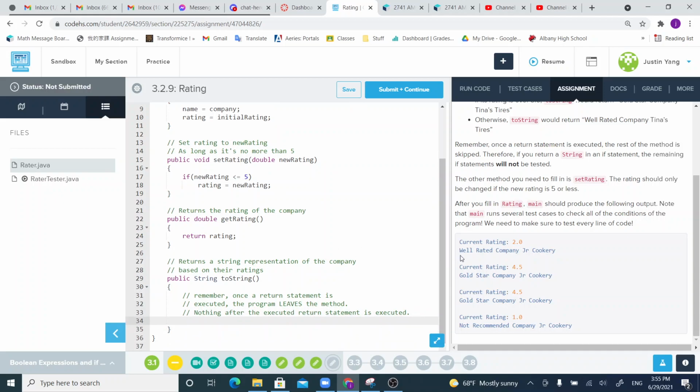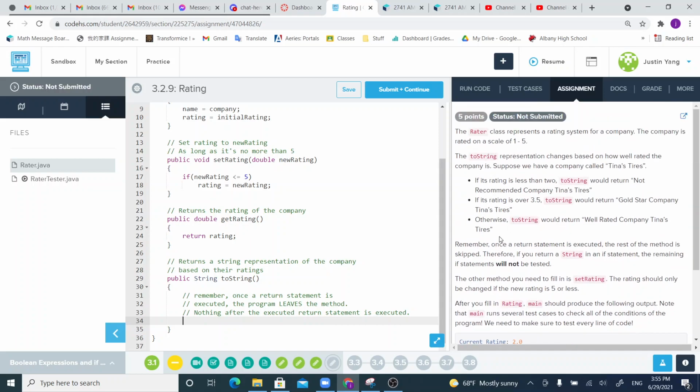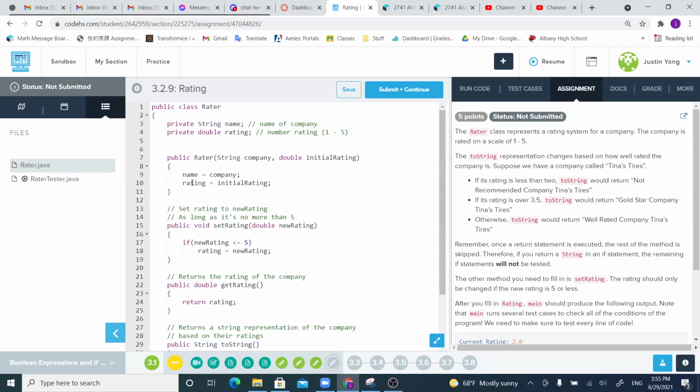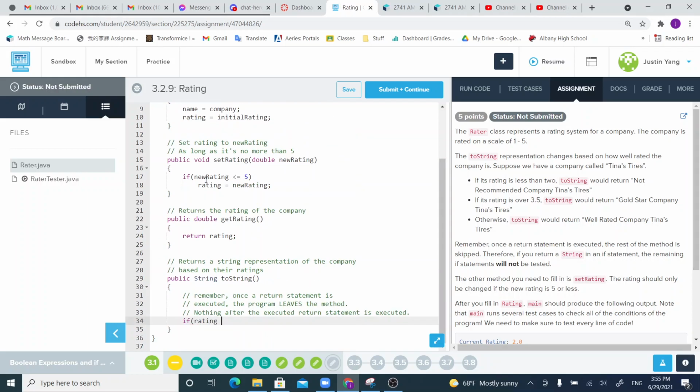Okay, so we're gonna say the instance variable is called rating, so you can just say if rating is less than 2. Since it's not void, we have to do the return. So we're gonna return